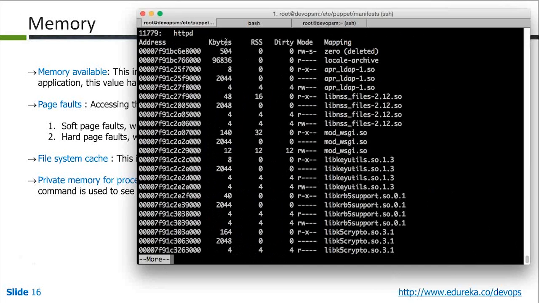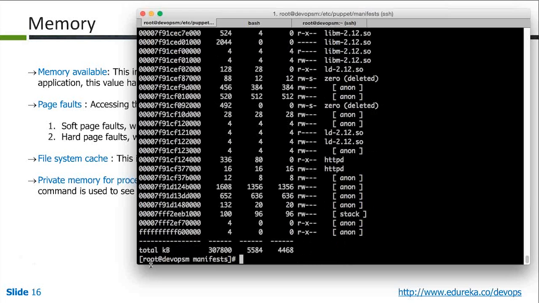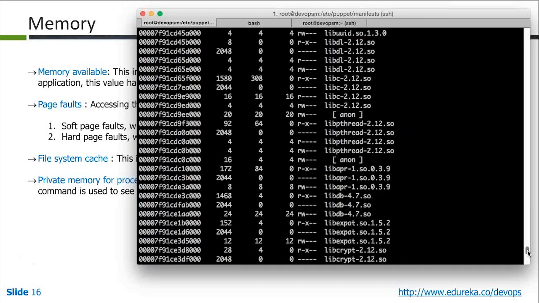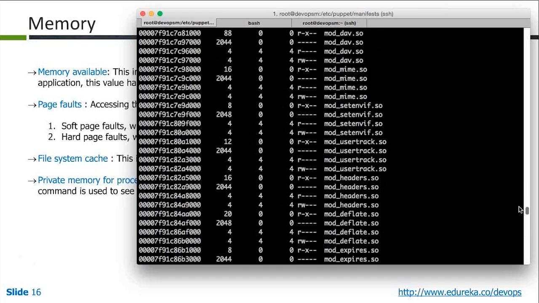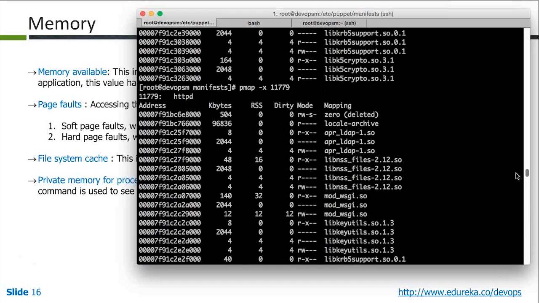I'm sure you must have heard about your RSS. RSS is the resident set memory used by your process. Now in this, it shows you the starting address of your application, and it goes on like that. It utilizes so many kilobytes of memory. In this, the resident RSS is so much, and the so-called dirty is so much. Now what this means is,